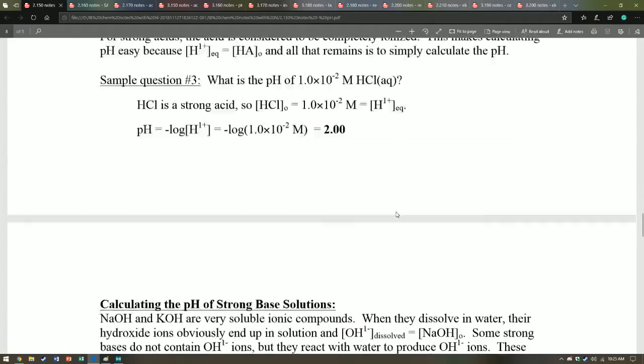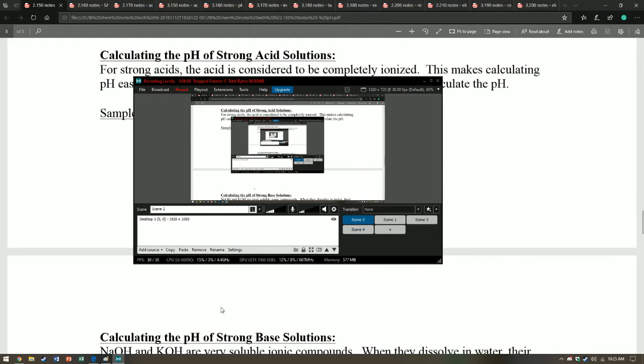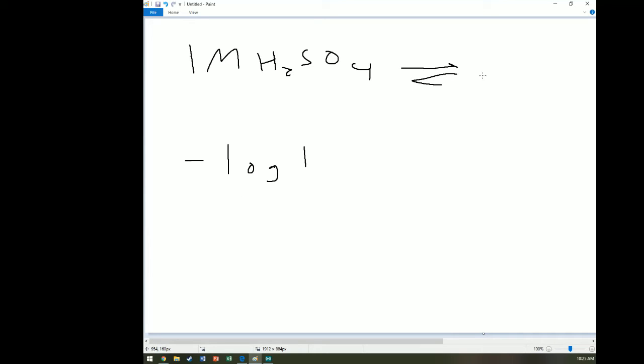Lastly, we can calculate the pH of very strong acids and strong base solutions by simply doing minus log of the H plus concentration. Now keep in mind that, for example, you can't just use the acid concentration. Let's say we had 1 molar H2SO4. You couldn't just do negative log 1, because when we ionize it, we get 2